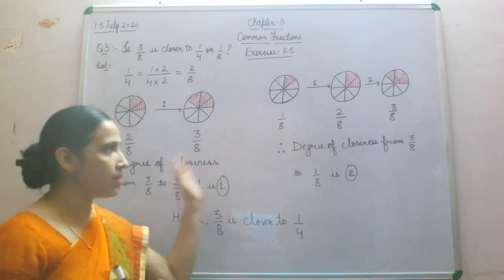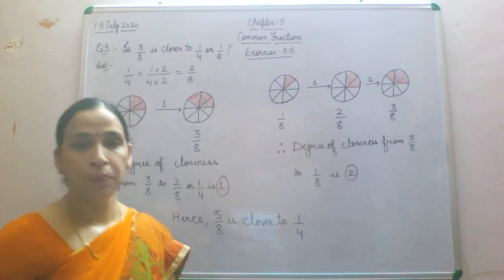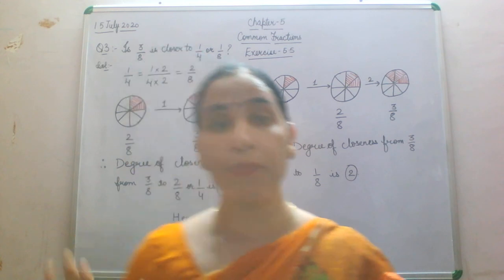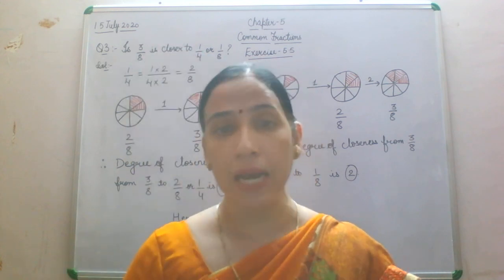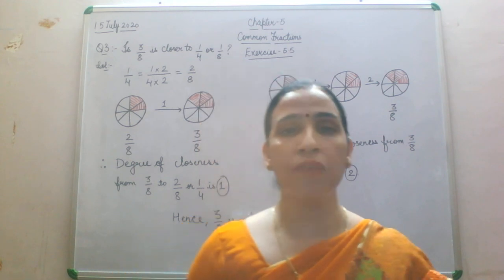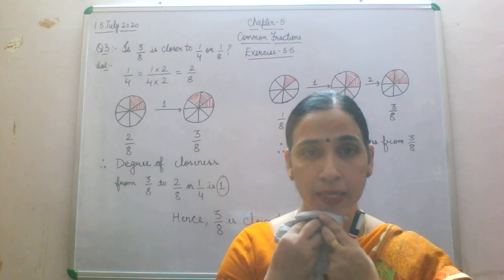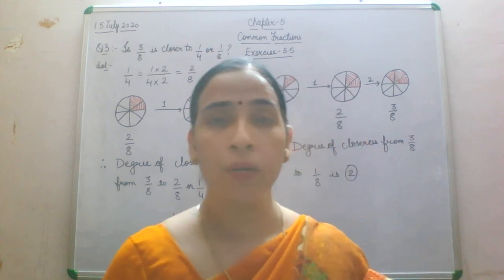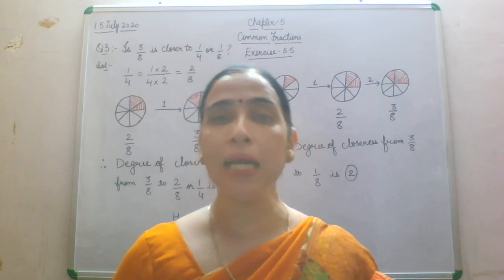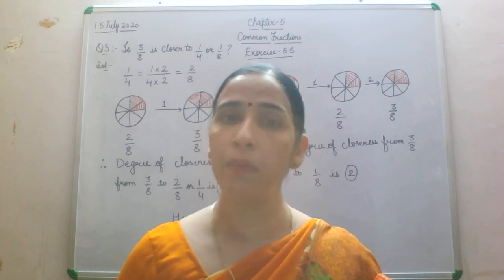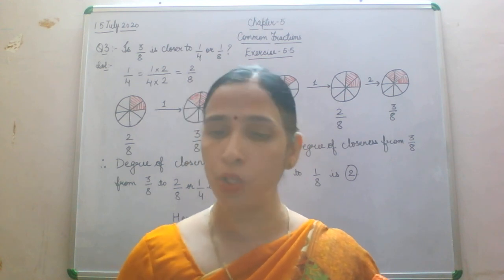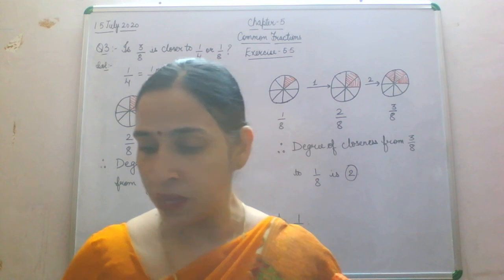So children, this is the method to do these questions. Now in your exercise, question number 4 is the same as this question number 3, and you will do question number 4 yourself. So I hope you don't feel any problem while doing it. Completed, and I hope today you have enjoyed the class also. See this work and do question number 4 also, and complete this exercise 5.5. Tomorrow we will start multiplication of fractions by whole numbers, which is our next topic.